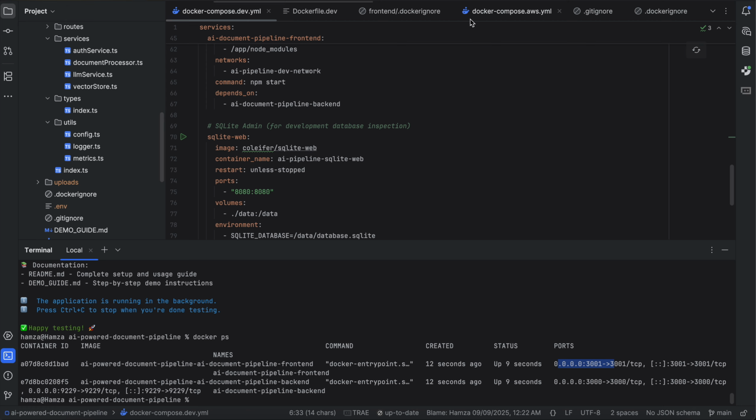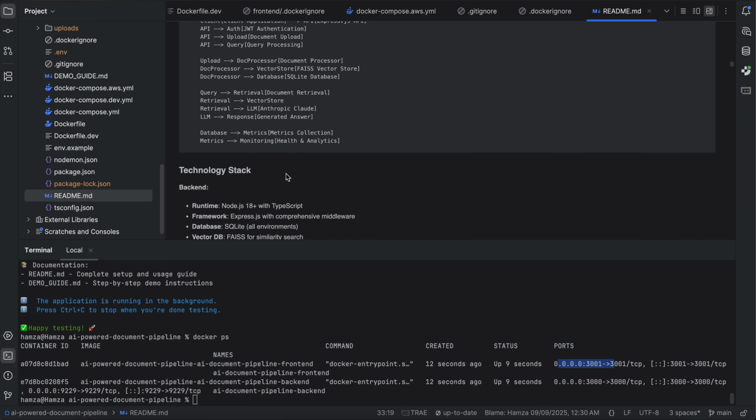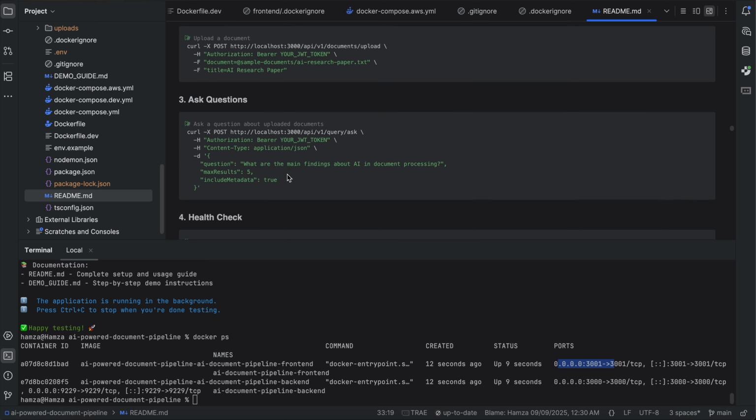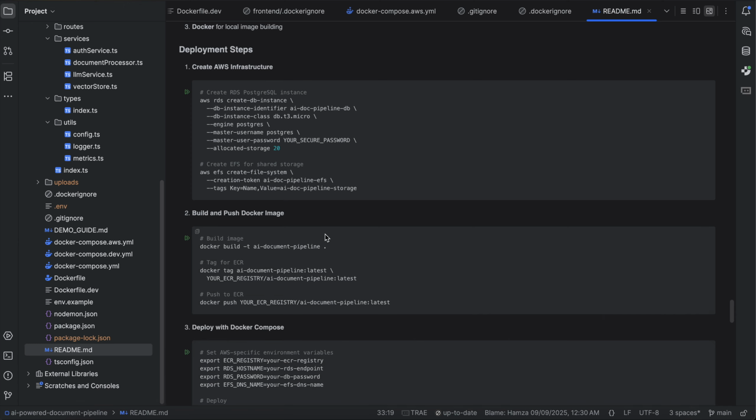From the README file, one thing that I need to show is the folder structure. I've also created the AWS Docker environment file so that it can be deployed to AWS. It is not tested well, as it's generated. I just asked the AI to give me the specific file for AWS,